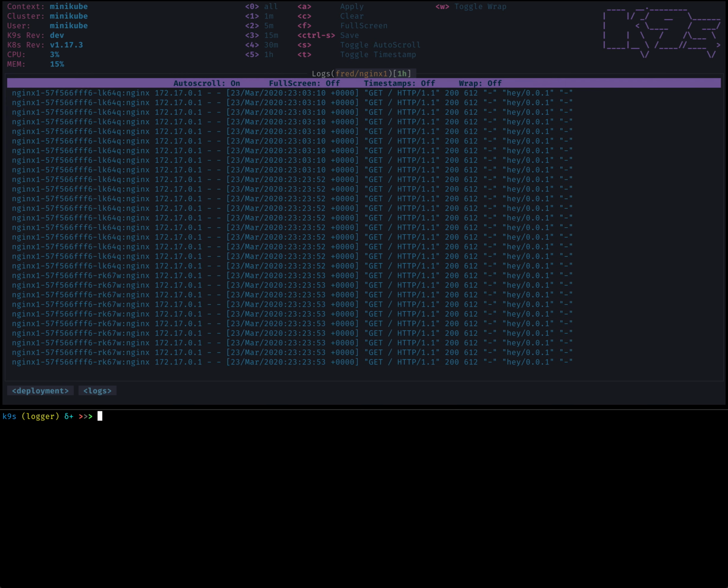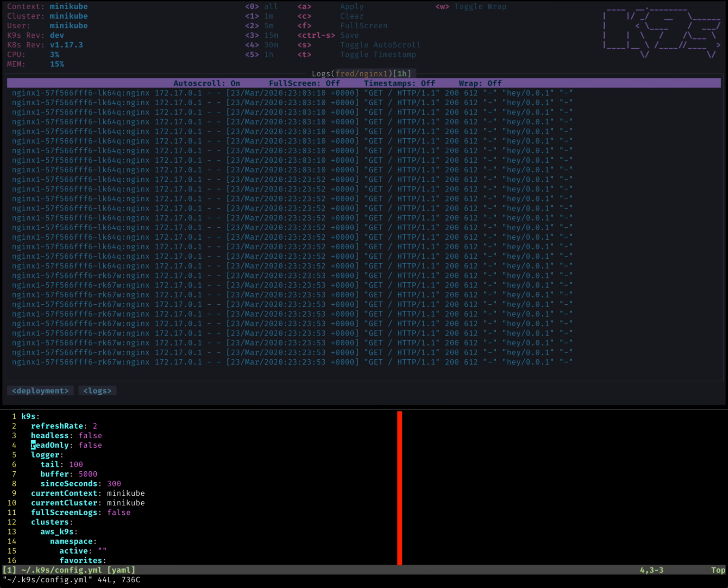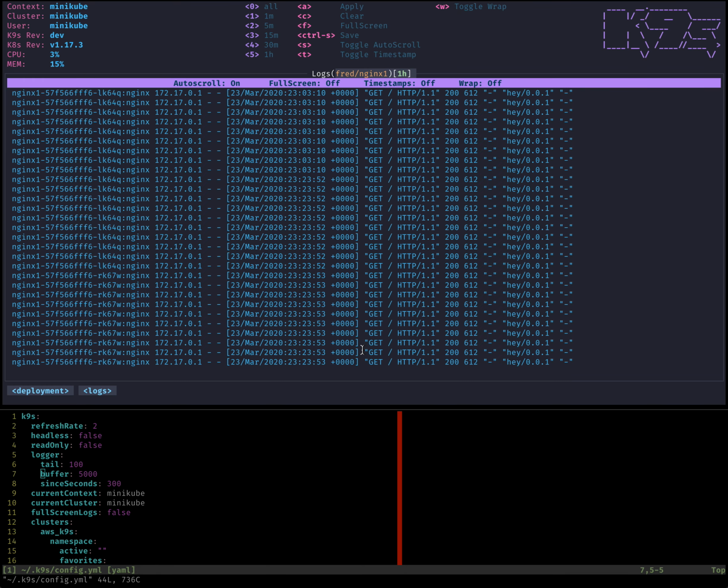If we take a look at my home directory here, K9s config, we can see that there's a brand new option. I had to change this. The logs I didn't have time to revisit when I did the major refactor. A lot of people complained about only tailing the last 50 lines. Yes, that was indeed canned in the previous release of K9s. Now I've added this new option here, logger, and here you get to specify how many lines to tail. I believe the default is set to 100, and then the buffer basically says how many lines we want to show in this view.